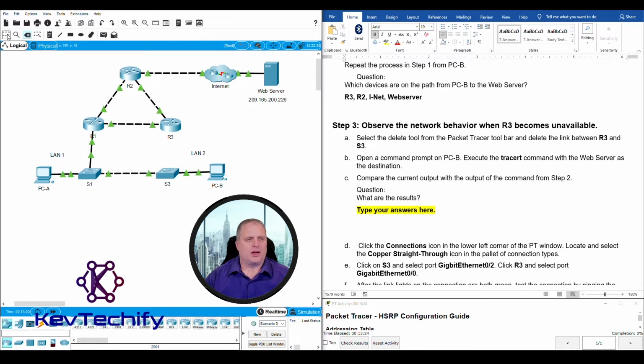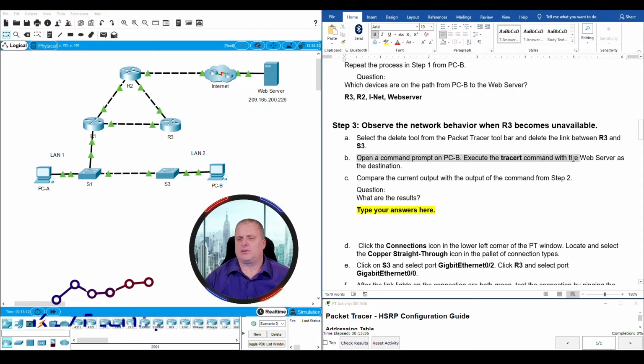Right now, I'm going to go back up here and choose the select tool once again, so next time I get in here, I have that. Otherwise, if I click on something, it'll delete it. Step 3B, open up a command prompt on PCB, execute the trace route command with the web server as the